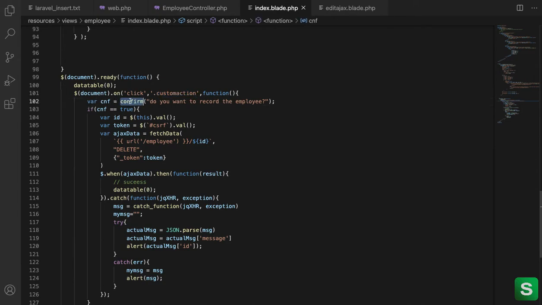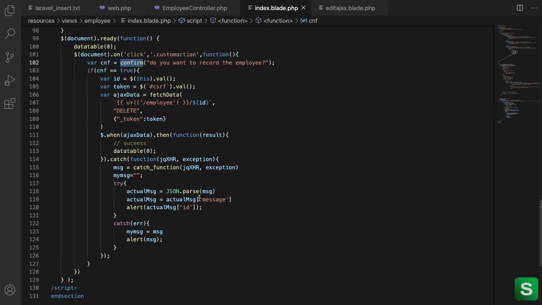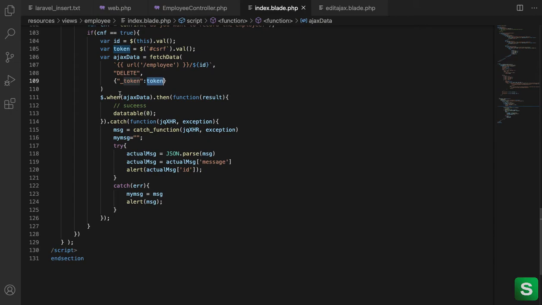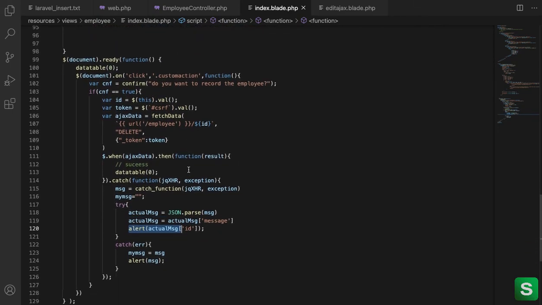I am using one confirmation to confirm, and using employee slash id as the URL, delete as the HTTP method, and passing the token. A token is required in Laravel for every request because it will check every time, right? On success, I am reloading the data table, and on any error, I am showing an alert, right? So this is also very small and very easy to do, right?